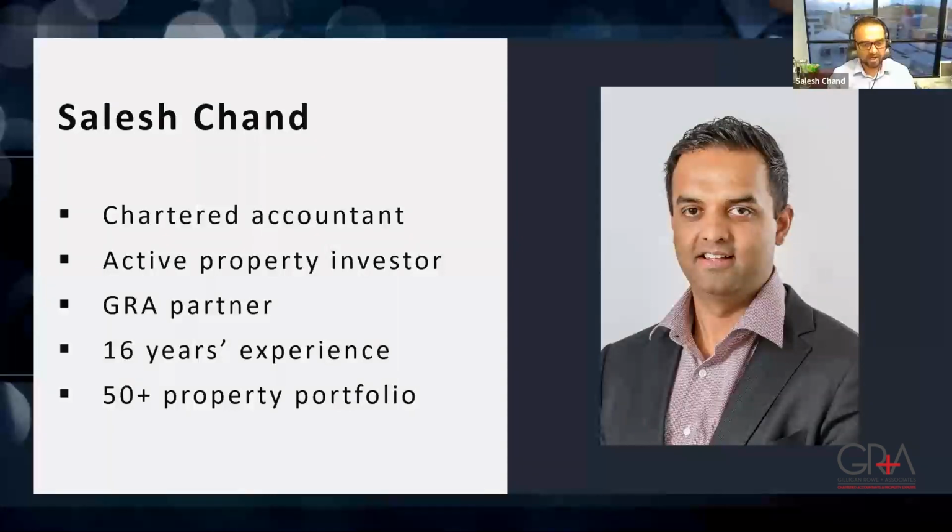I'm a partner here at GRA. I've been a partner since 2012. I have 16 years of experience in accounting and property investing. Currently, in our whole portfolio, we have over 50 properties, and the majority of these hold assets are cash flow positive, along with land banking assets. If I subdivided these properties, we'd have circa 300 sections to build on. This is the advantage of investing in properties with big sections, and I'll show you examples of how I started and what I did with my investment portfolio later.